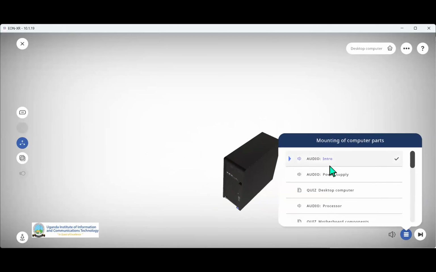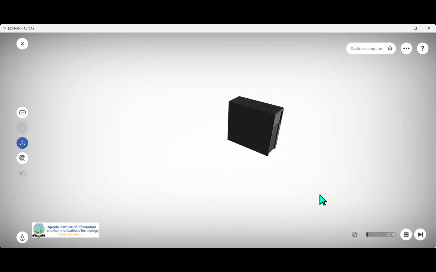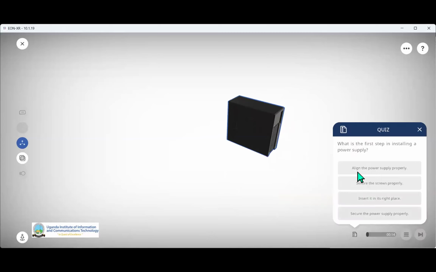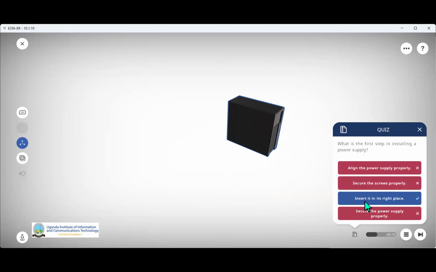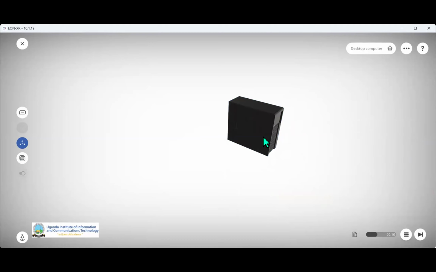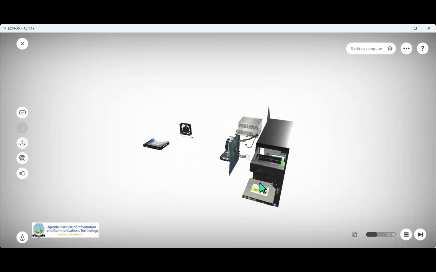Then we have at the same time areas that students need to know. Maybe someone wants to know the power supply, they would click on it and get to know the power supply unit. At the same time, they will do quizzes if you have set the quizzes. If the person has selected the right thing, it will be correct. If you have selected the wrong thing, it will indicate that. So I don't want to excite you now until tomorrow, when we start using the environment, okay?